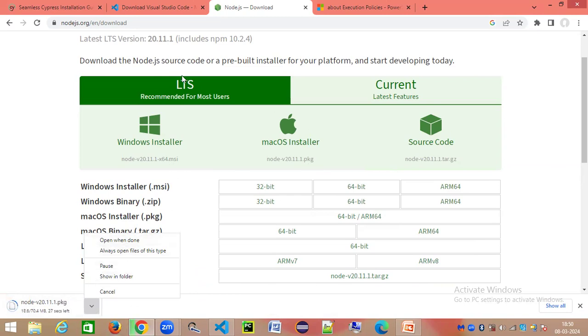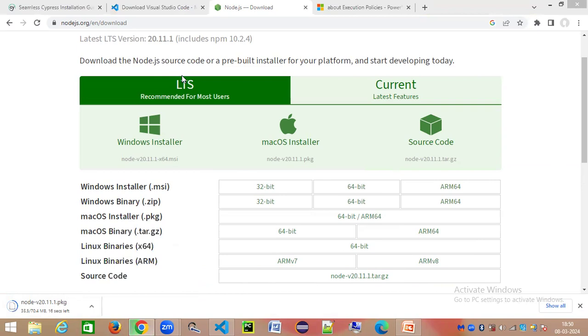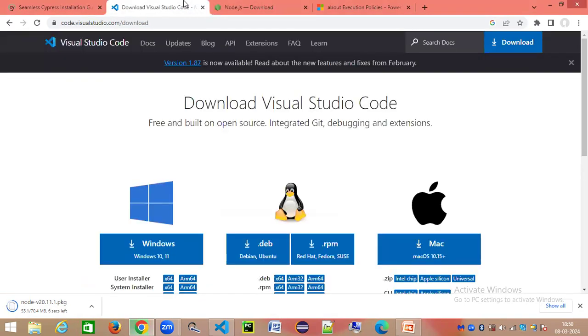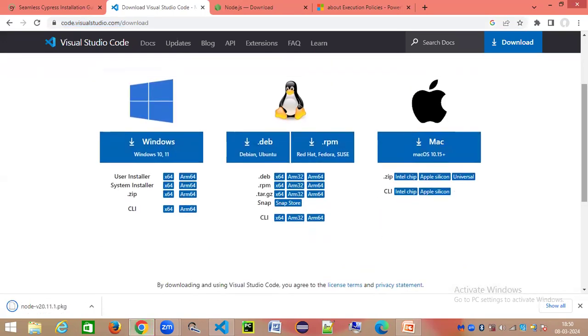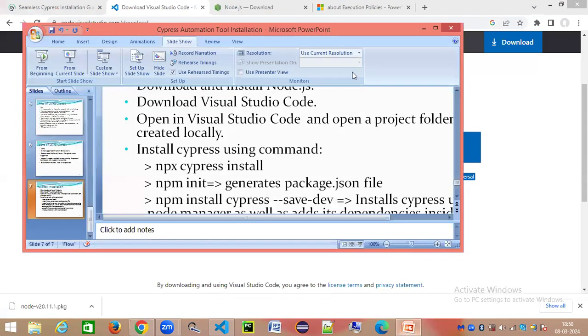I have already downloaded it, so I'm not going to download node.js again. You just need to follow the next commands by default. No need to do any customization here. And once node.js is installed, then we have to install another tool called Visual Studio Code. Again, choose as per your operating system, either Mac, Windows, or Linux, and go for the appropriate installer. For Windows users, you can go for the system installer directly, and it's supported for Windows 10 and 11. Fine. So once we have these prerequisites downloaded,